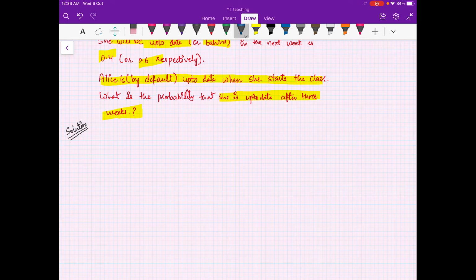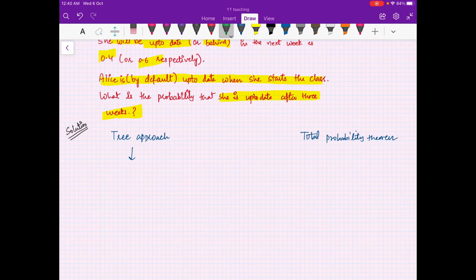So there are two approaches I will show you. One is the tree approach. You remember we have solved many problems where we have made branches like this, right? So that is one approach. And then the other we will be using is the total probability approach, the total probability theorem. So here first I am starting with the tree approach.